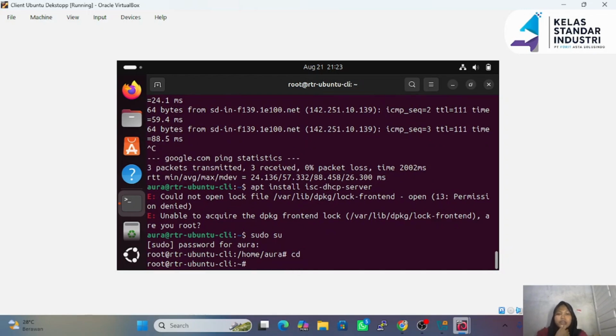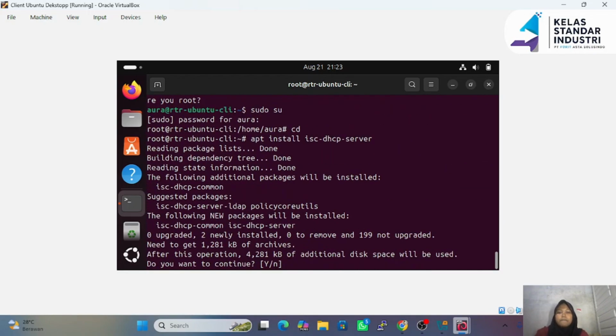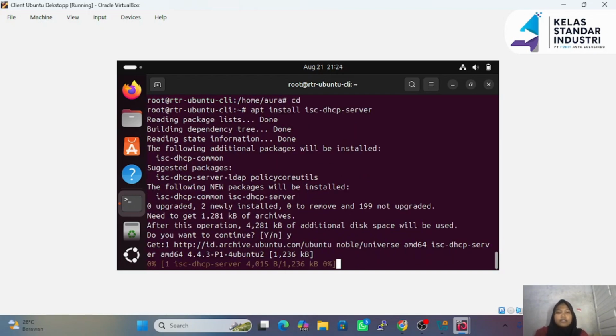Okay, apt install dhcp server, press enter. And you can press Y and enter, and wait until the process is successful.